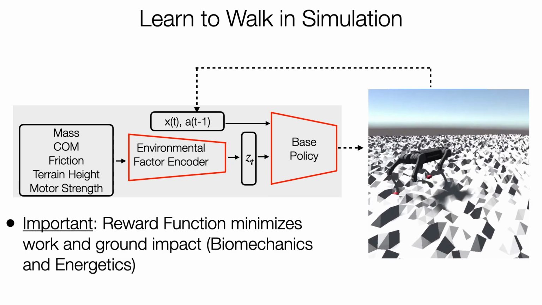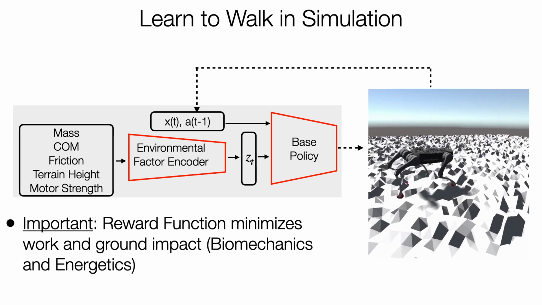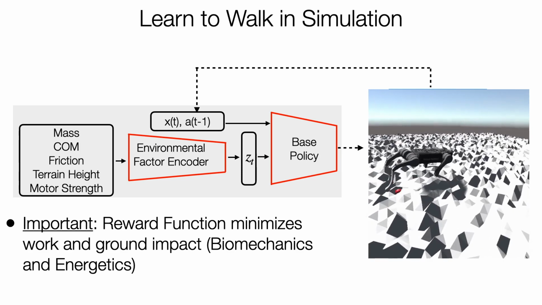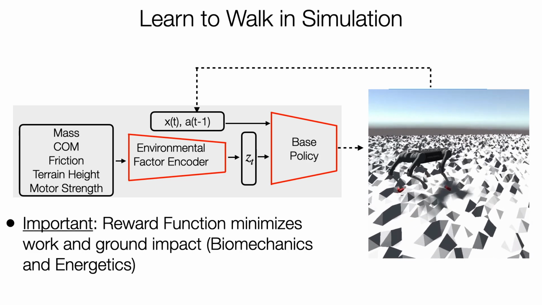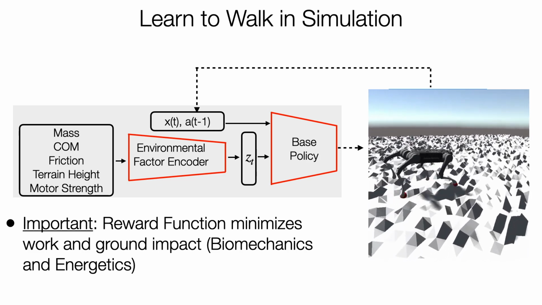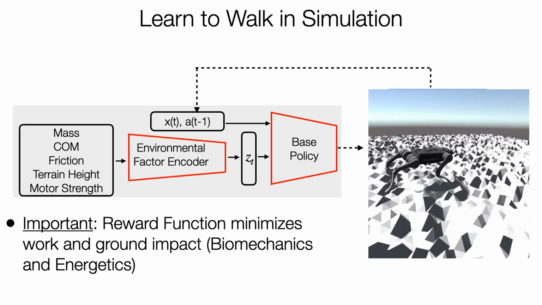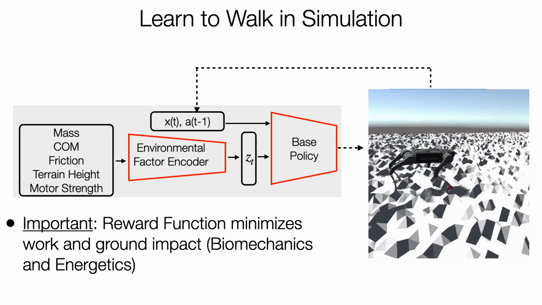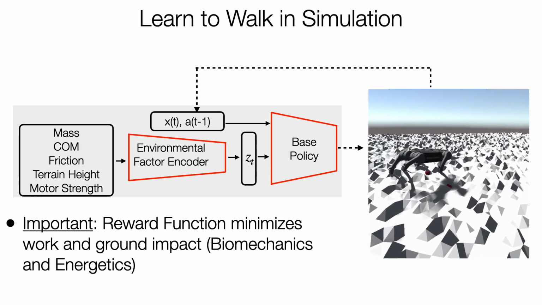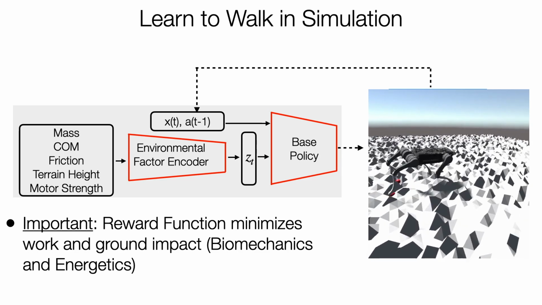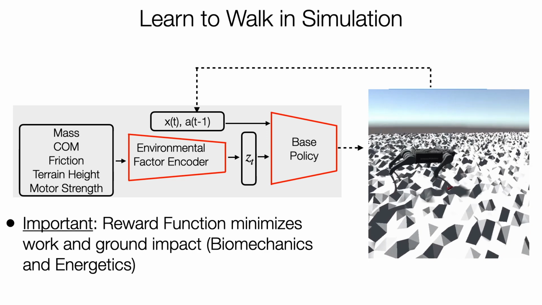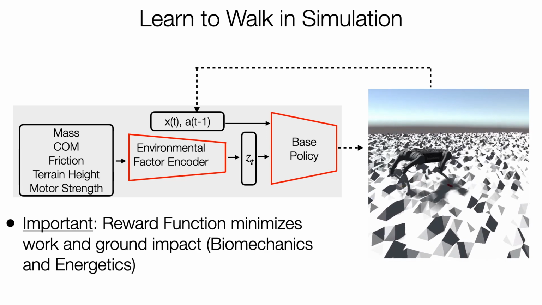In simulation, it is going to experience many different environment configurations, and each of these corresponds to a different z_t or this vector of extrinsics. The walking policy takes in a 42-dimensional state vector and an 8-dimensional extrinsics vector. We train this end-to-end using PPO with 1.2 billion samples. Our reward function is motivated from energetics and biomechanics, and we train on natural terrains from a fractal terrain generator. This gives us the nice looking gait you see on the right.